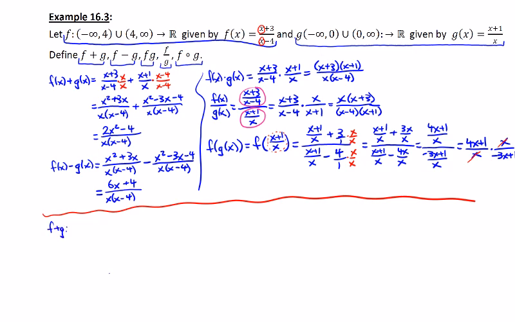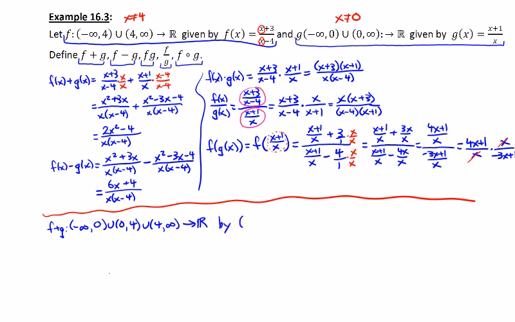So the domain of f is all real numbers except for 4. The domain of g is all real numbers except for 0. When we create the combination using addition, subtraction, and multiplication, we are expected to take the two domain restrictions and combine them together. So that's going to result in the following domain: negative infinity to 0, union 0 to 4, union 4 to infinity. And that domain will map to other real numbers